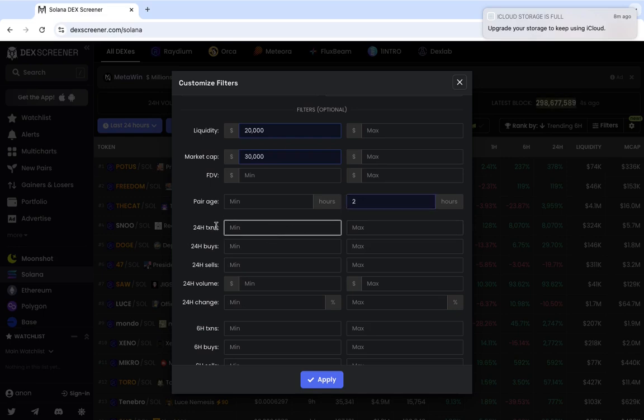Okay, so when you talk about the 24-hour transactions, I usually go for 2,000. Remember, here we are going to be separating our results by 2 hours. So within 2 hours, I need to invest in a meme coin that has already had 2,000 transactions. Having 2,000 transactions is a very serious result, and it's a very serious indication that something is happening with that